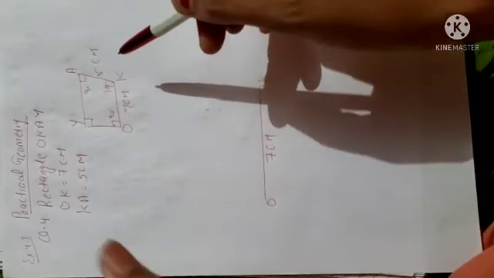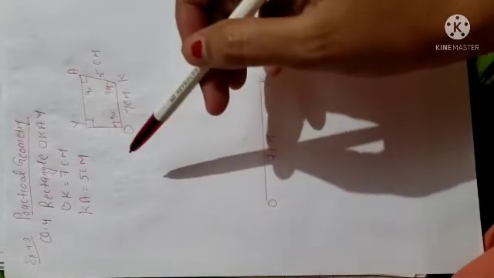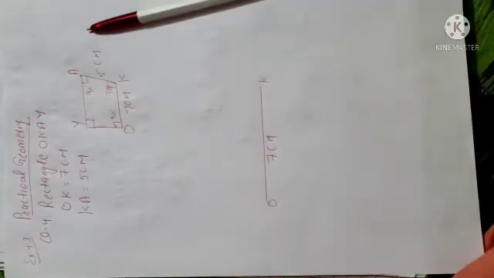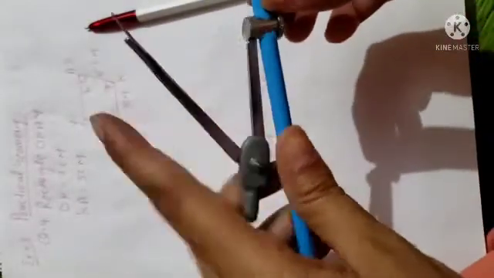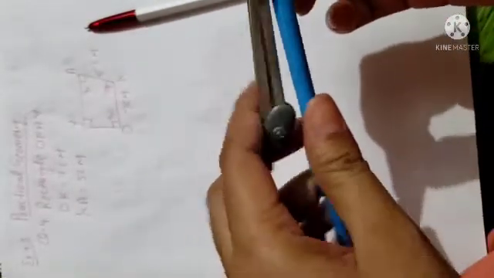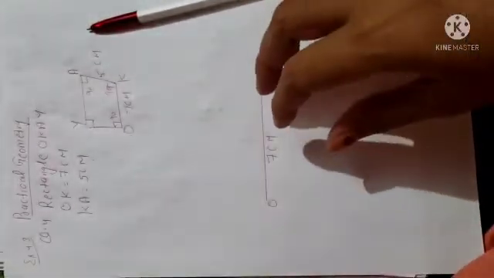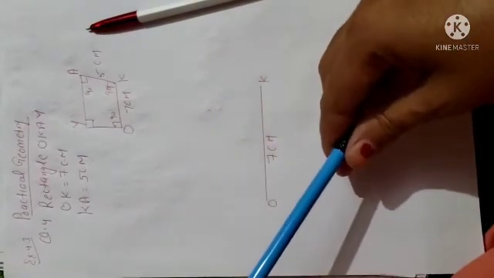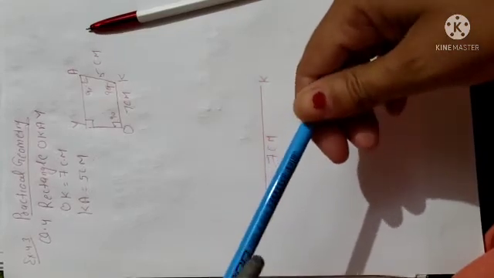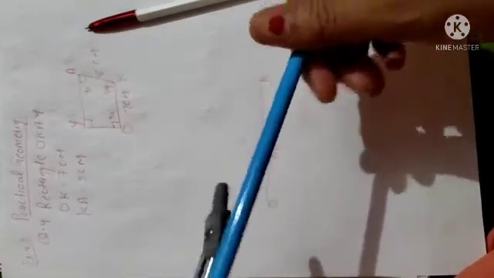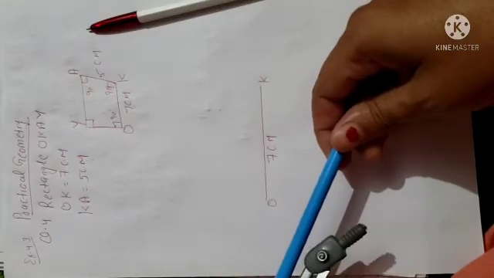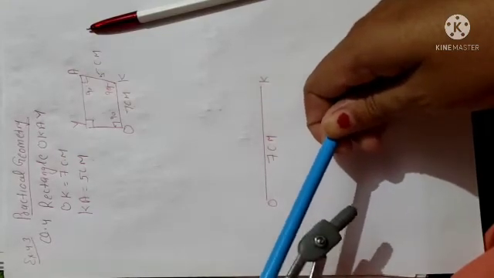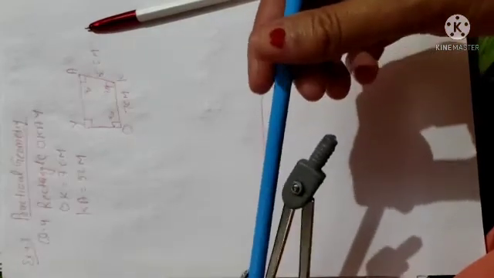Now at point O and K both the angles are given, because we have taken the side where both the angles are given. So angle O is 90 degree and K is also 90 degree, and both the angles are possible to draw with the help of a compass only. So beta, where the angle is possible to draw with the help of a compass, you have to draw only by the compass. If it is not a standard angle, then only you will take the help of a protractor. But here O and K and A and Y, all the angles are 90 degree. So simply you can draw the angle with the help of a compass only.